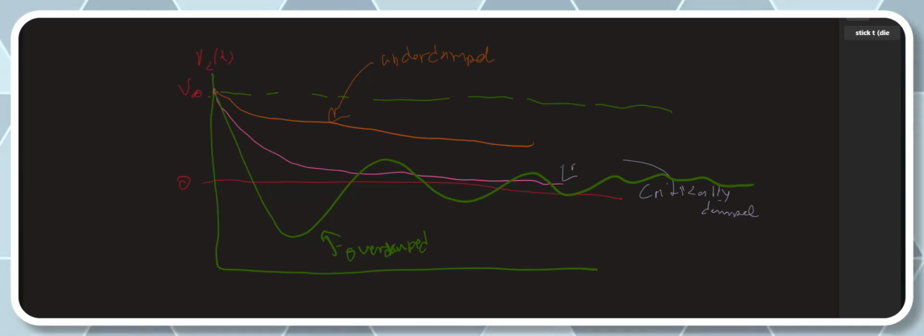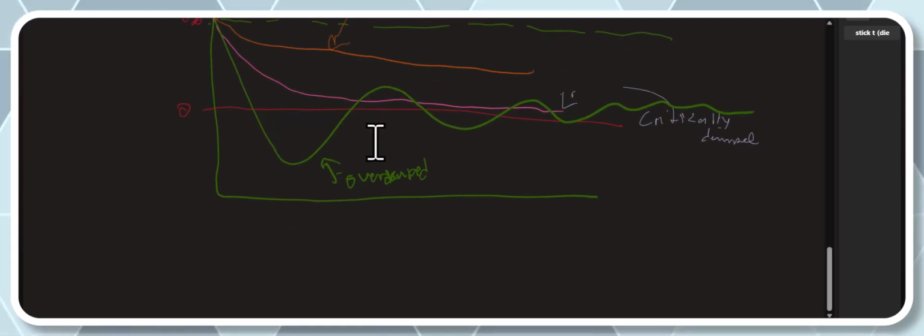It's just the overdamped is a combination of two different exponentials, whereas the critically damped is one e. So the critically damped is e to the minus alpha t is the main part of it. And then the overdamped is e to the s1t plus e to the s2t with a bunch of other constants thrown in there. And so the critically damped gets the one exponential that just gets it there